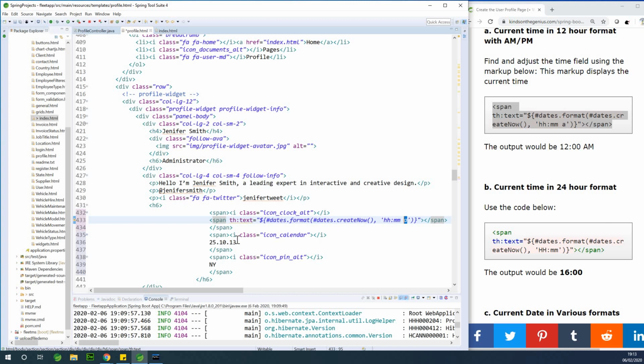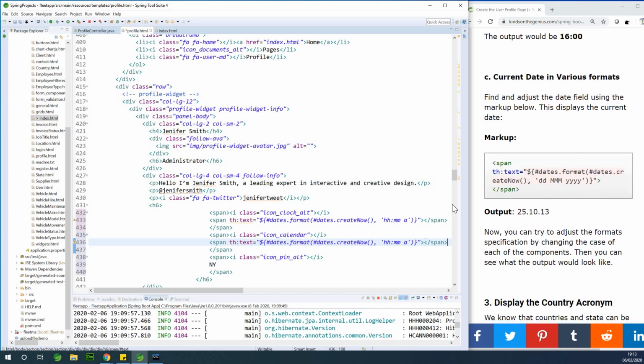Now I'm going to also paste the same thing right here, and you see that the changes you need to make here will be very, very minimal. So in this case, we have the 12-hour, we have the 24-hour format, but we want to display in 12-hour format. In this case now, we want to display the dates without the time, right? I'm going to say DD